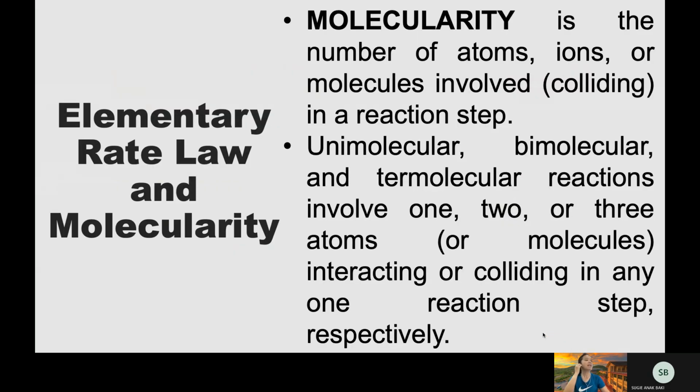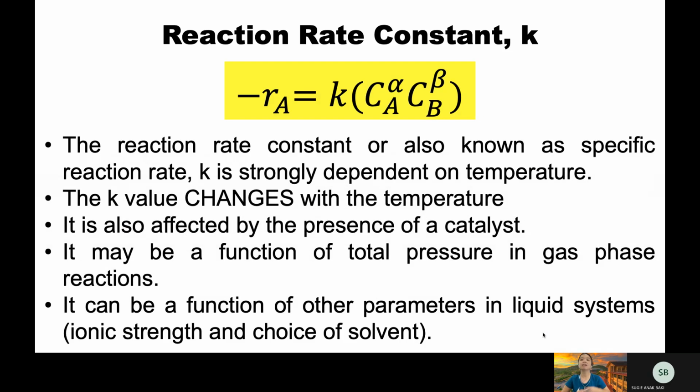Okay, so the next part is we will learn about K again, but now we learn how to calculate K. We talk a lot about K, the reaction rate constant, but actually what is K and how do we calculate K? Okay, so the reaction rate constant, also known as specific reaction rate. So this K you can call the reaction rate constant, or you can also call it the specific reaction rate,